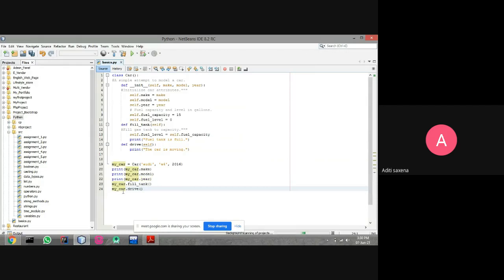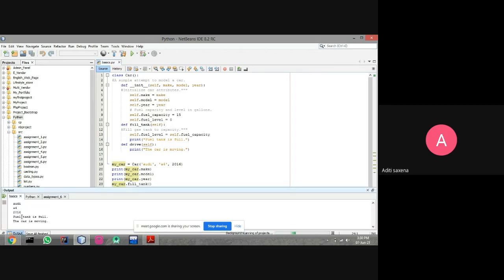Here too, first the object name, then the method name. When we are calling an attribute and getting its value from the class, we write my car dot make; the init function is accessed without any call. This is like a constructor, meaning it creates values. So this is the syntax, the object name and then the method name. The output will be: fuel tank is full and the car is moving.